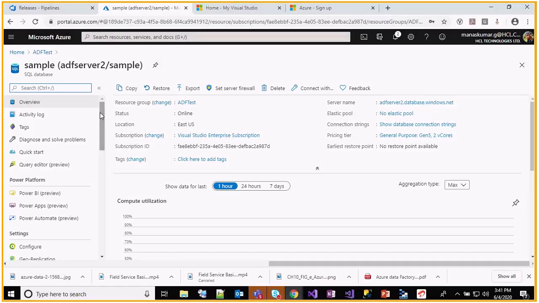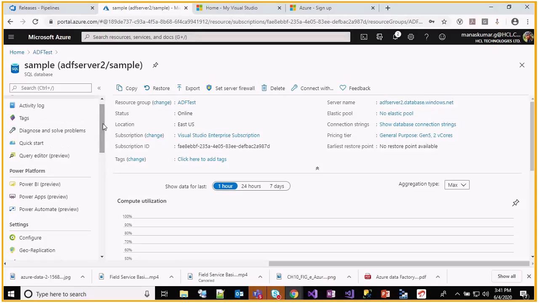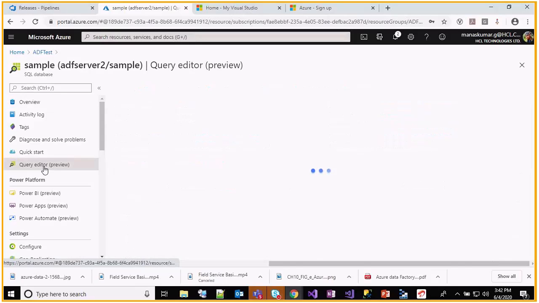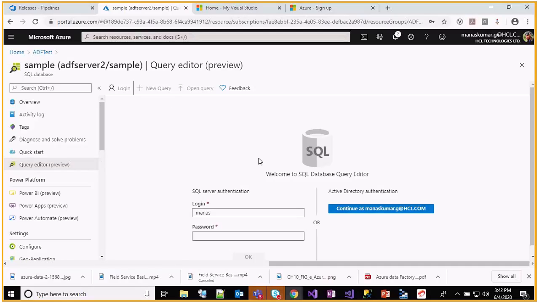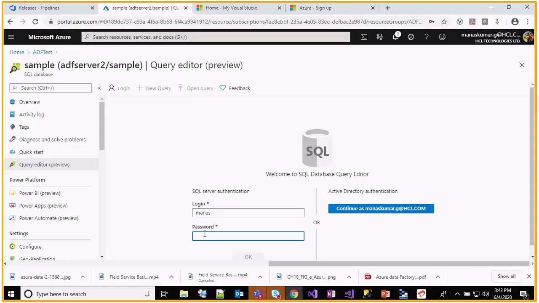Before we do the tryouts, I will let everyone see how it will not allow us if we don't set the firewall. After going to the SQL database, here you can see something called query editor, which Microsoft by default provides so we can run queries online without needing SSMS. So when I try to log in here,